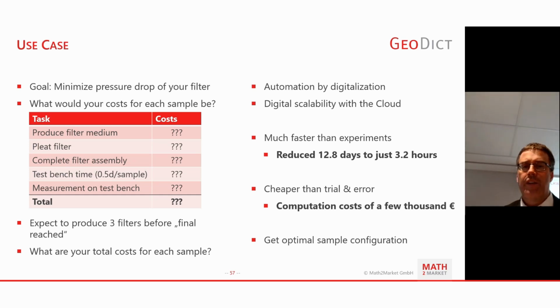The advantage, of course, is to have the automation by digitalization, to have the development cycle completely in the computer, in the virtual space, in our digital material laboratory, which is definitely much faster than the experiments. The main idea of the cloud, as I mentioned, is unrestricted resources. You pay for that with virtual CPU hours, but you get strong resources on demand and not when they are available, you get them immediately. So you have a massive reduction in times. Here, for example, we're reducing from 13 days to just 3 hours.